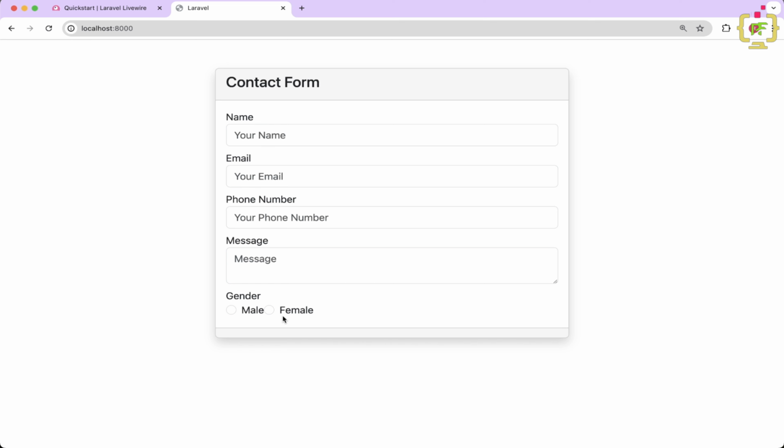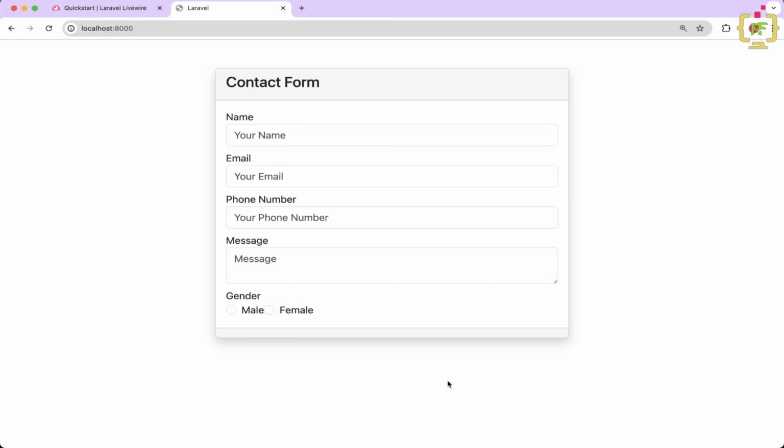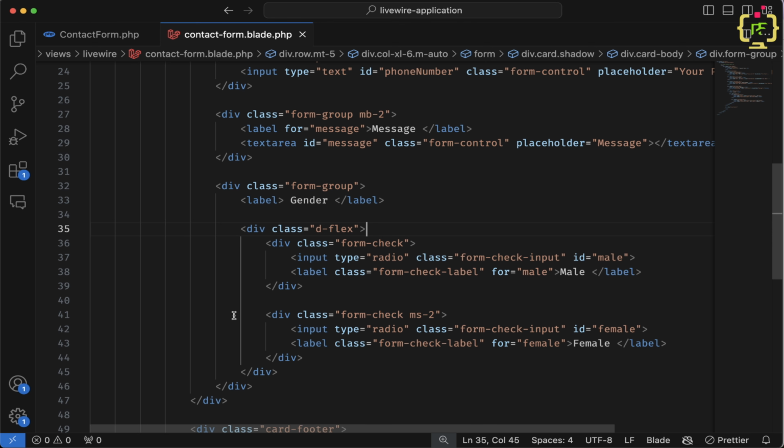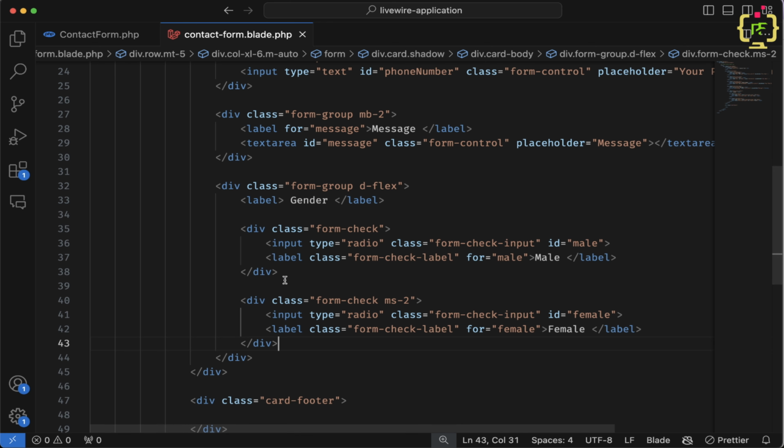Yes, and we can give some space here, margin from start as 2, and better we can keep this gender label in a single line. So what I will do, I will cut this d-flex class from here, and I will add it here. I will remove this div, and here I can add some space from this radio button, margin start 4,